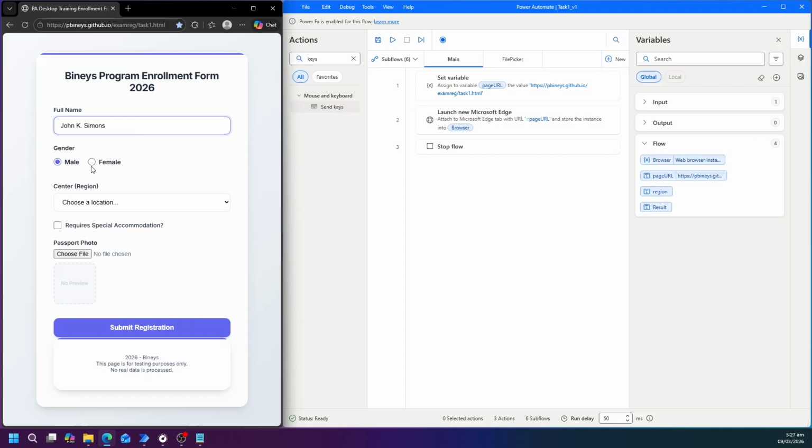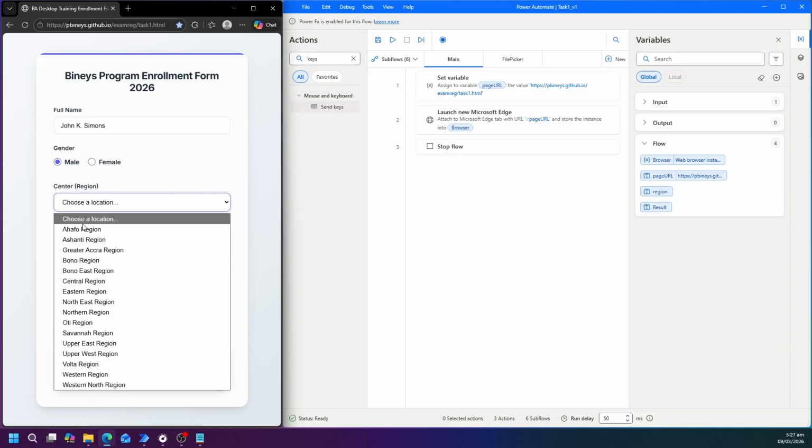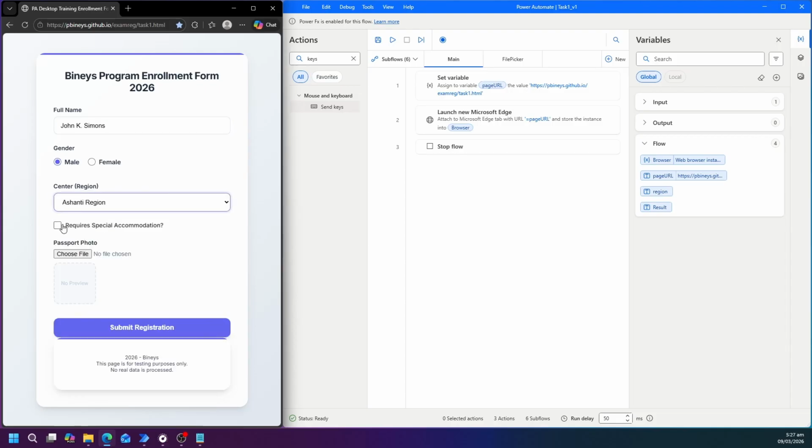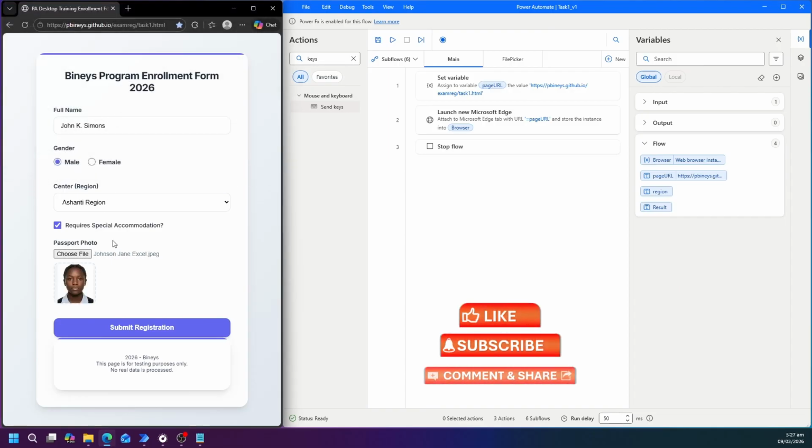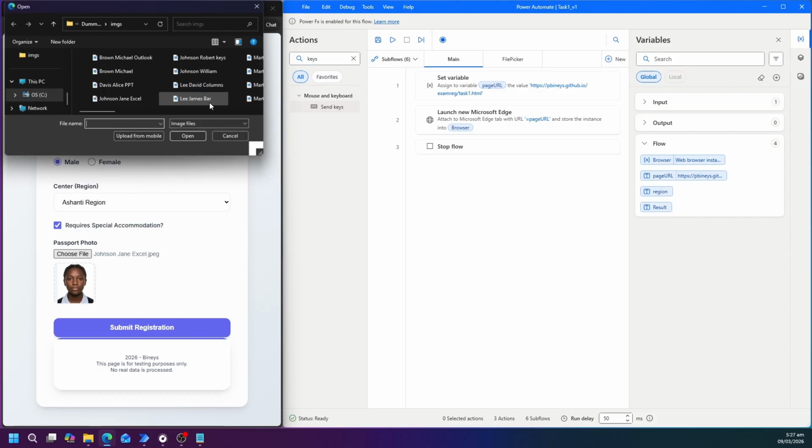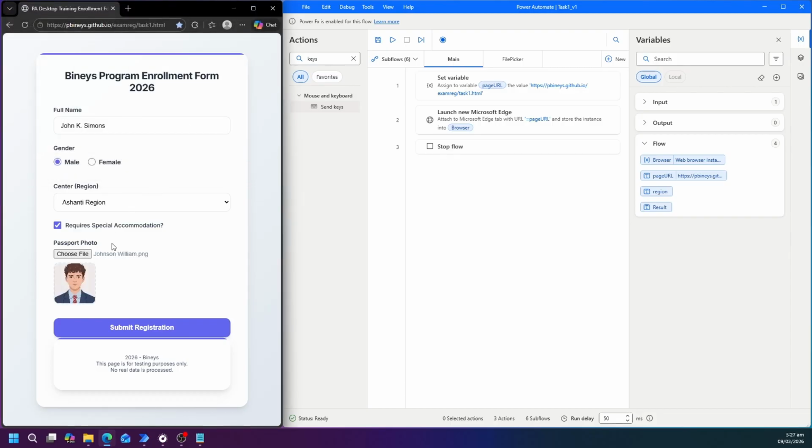Then mail, let's pick any region, let's select that, let's pick any name, let's pick any file, okay, and then to submit,